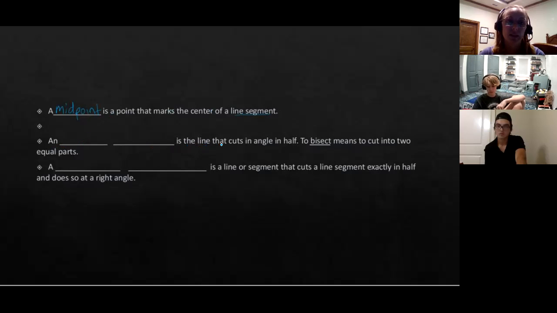Something is the line that cuts an angle in half. And then I give to bisect means to cut into two equal parts. So if we're cutting an angle in half, we call it an angle bisector. It is the line that's going to cut the angle in half. I use line loosely in this case. It will probably be a ray. So if we have this angle,